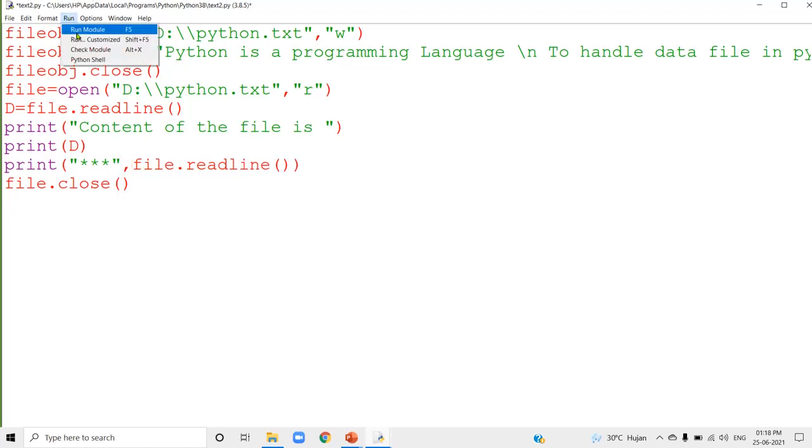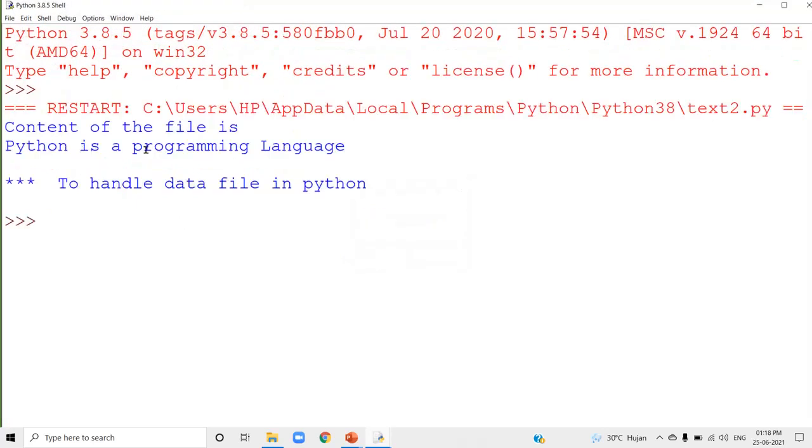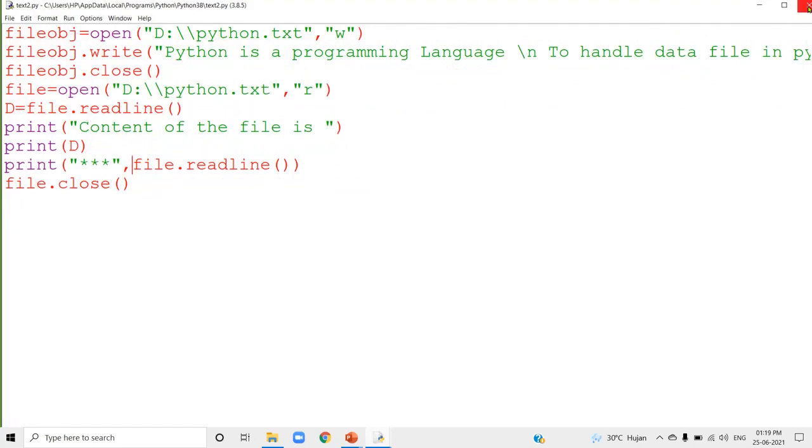Now you can see the difference. This is the first line. After reading the first line, there is a slash n there. So that will be the new line character. That is why it skips a line over here. And the second line is read. And this also ends with a slash n character. So that is a new line character. That places a new line over there. Now, that is all about the readline method.